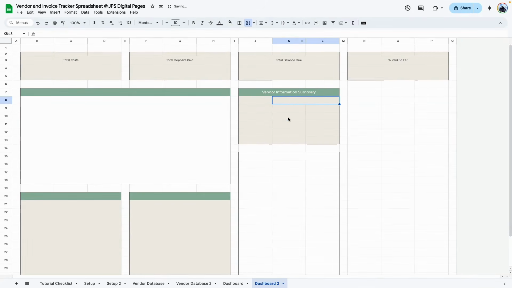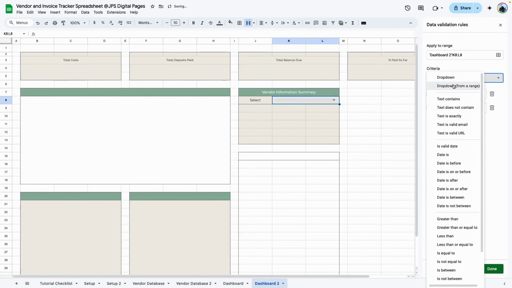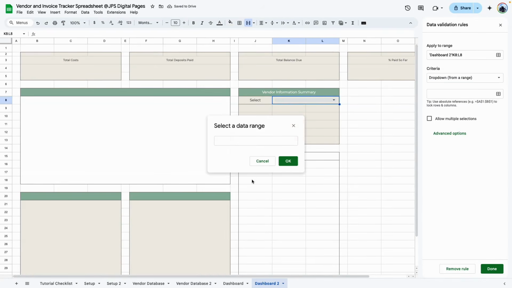This is where the drop down is going to go. And here's going to say select. So go to data validation, add a rule, change it from drop down to drop down from range. And for our range, it's going to be our database. So go to the database